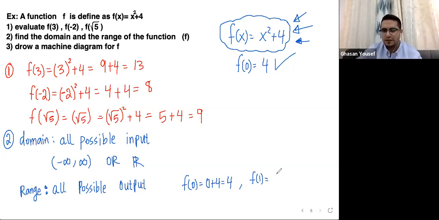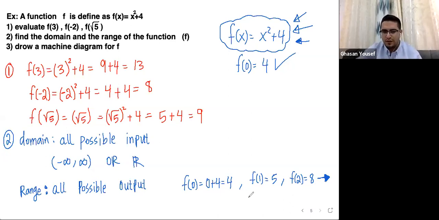1 squared is 1, plus 4 is 5. Correct. What is f of 2? 2 squared is 4, plus 4 is 8. Correct. So as I see here, starting from 4, 5, 8, it is going up and up to infinity. After I plug in the numbers 2, 3, 4, 5, all the answers go to infinity, become large